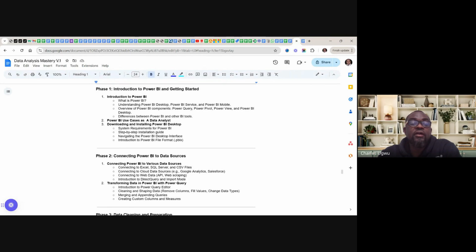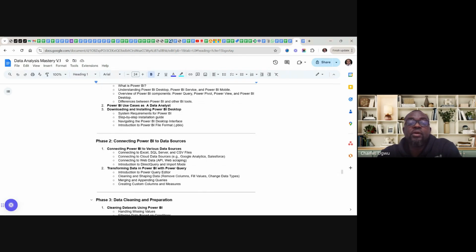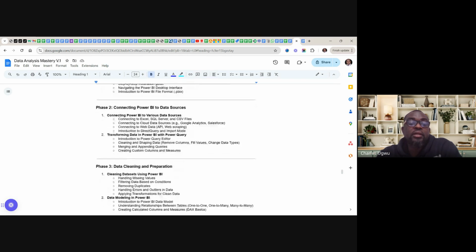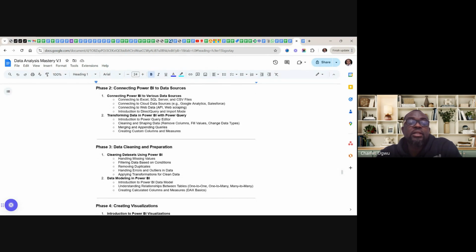Then phase 2 is connecting Power BI to data sources and transforming data in Power BI with Power Query. Then phase 3 is data cleaning and preparation, cleaning data sets and data modeling.